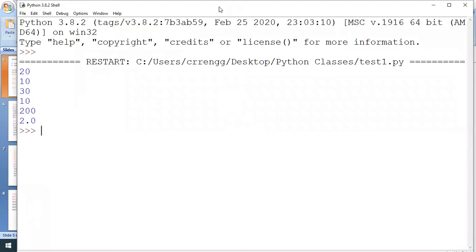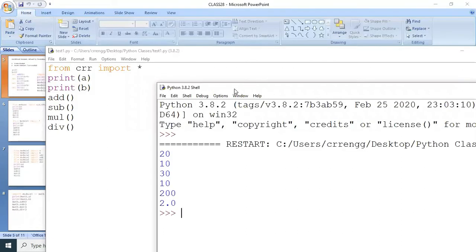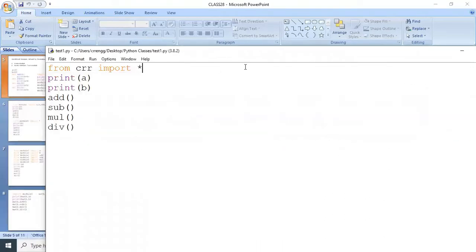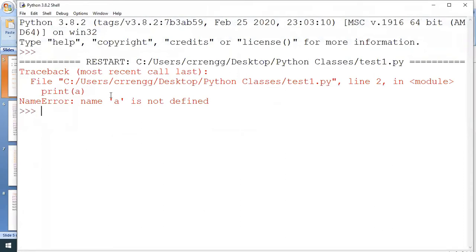I hope you all understand the difference between asterisk and individual functions here. So for example, I want to import specifically only one function, for example, add only. Then if I execute this, it returns an error here. Why?